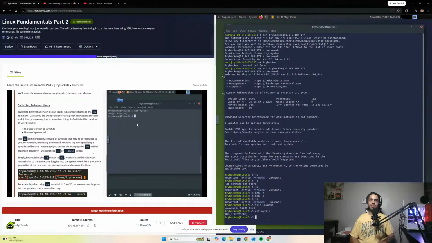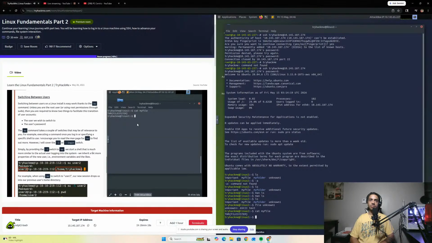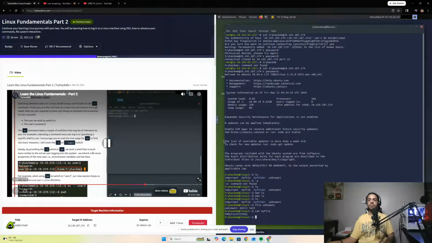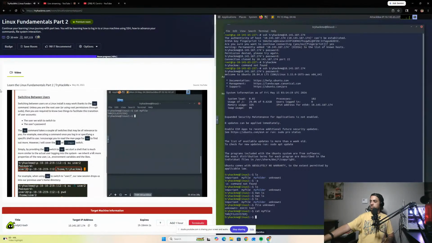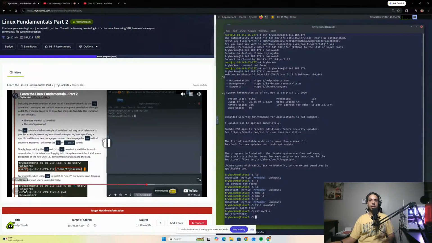Switching between users on a Linux install is easy thanks to the su command, short for substitute user. I like to remember this as switch user. It's not technically correct. Substitute user is what it is abbreviated from. Unless you are using root permissions through sudo, then you are required to know two things to facilitate this transition of user accounts: